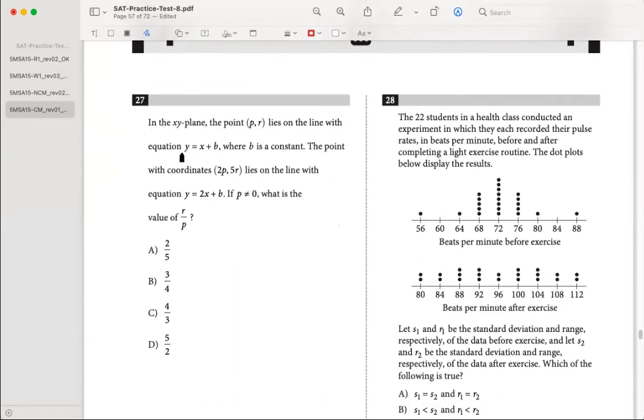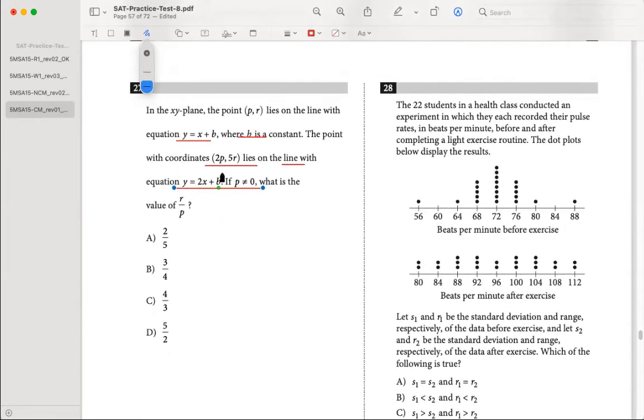In the plane, the point (p, r) lies on the equation y equals 2x plus b. If p does not equal 0, what is the value of r over p? Okay, so this one you can plug in. Yeah, so 5r equals 2 times 4p plus b. And then from there, I think you can do,